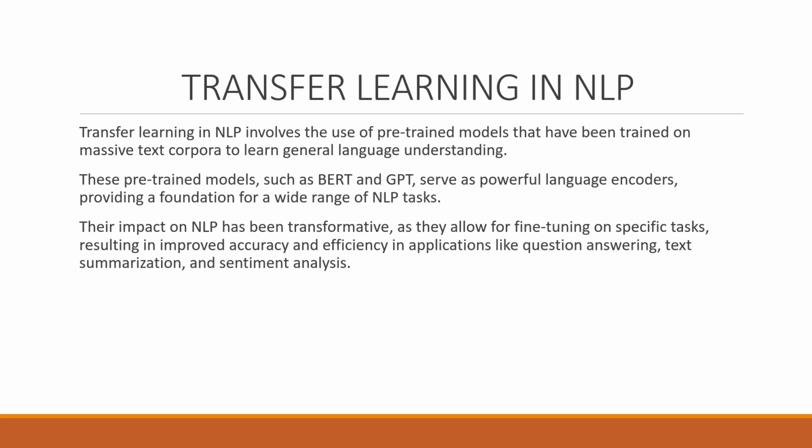Applications in NLP tasks: after pre-training, these models can be fine-tuned or adapted for particular tasks like question answering, text summarization, or semantic analysis. Fine-tuning involves training the model on a smaller task-specific dataset to make it excel in that particular area. Transformative impact: the use of transfer learning has greatly improved accuracy and efficiency in NLP tasks by leveraging the foundational knowledge gained from pre-training. This method has made it faster and easier to apply language models to a wide variety of language-related applications.